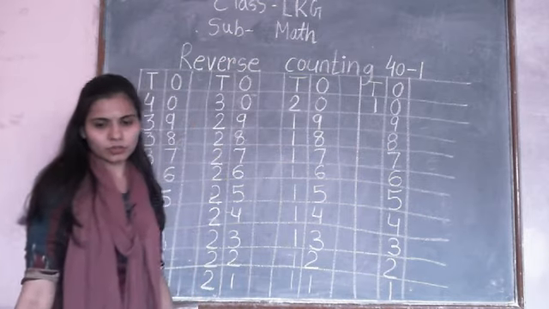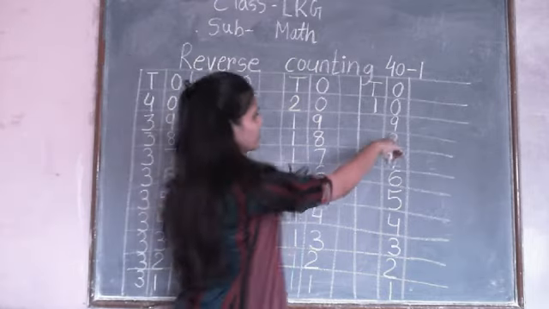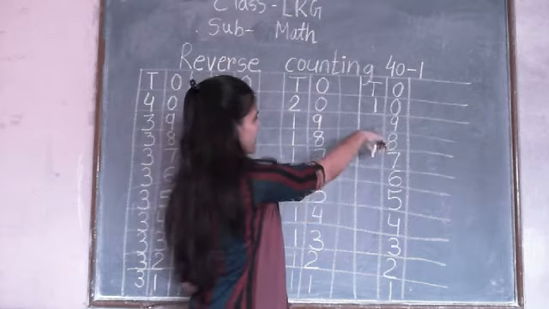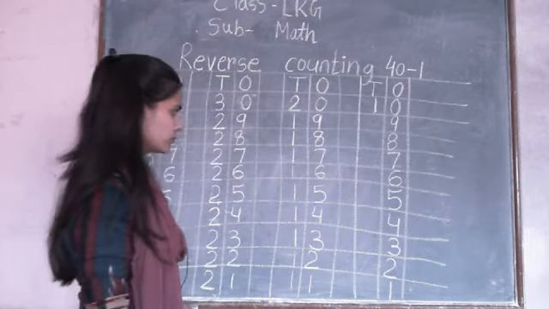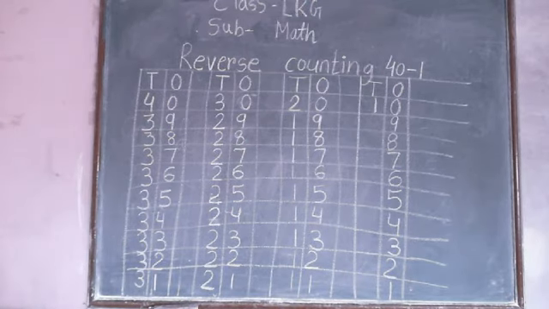Okay. So you write 10 to 1 and write 9 to 1 in ones column. Okay. Don't write here. So write fast 10 to 1. After writing, we will revise all the numbers from 40 to 1 in reverse mode. So write fast. Write fast all the numbers.